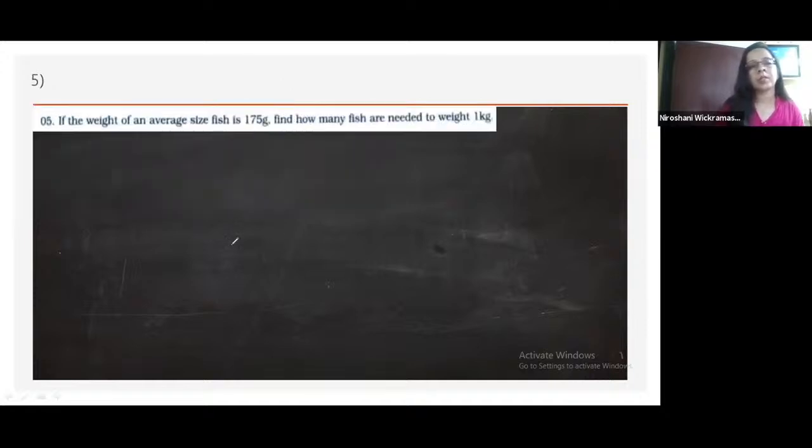Next question. The weight of an average size fish is 175 grams, right? Then find how many fish are needed to weigh 1 kilogram. Then what can we do? 1 kilogram, how many grams are there? 1 into 1000 grams. So, one fish